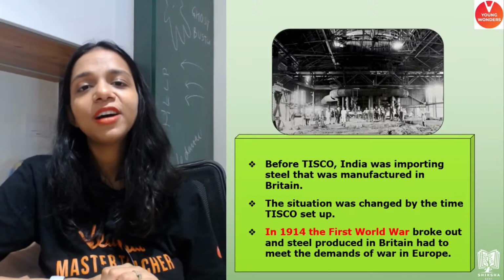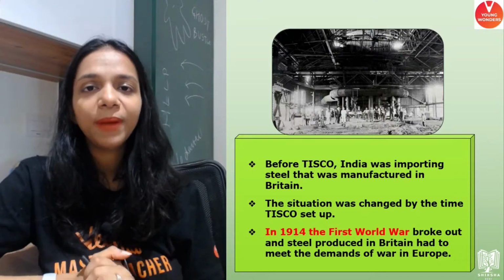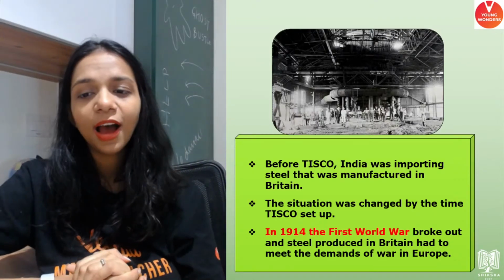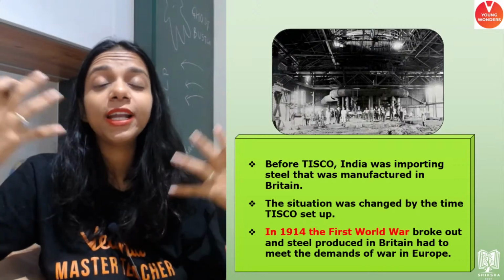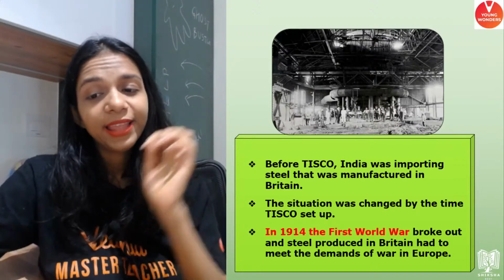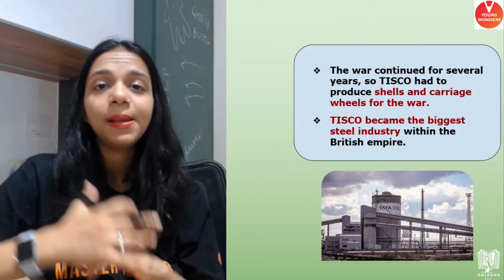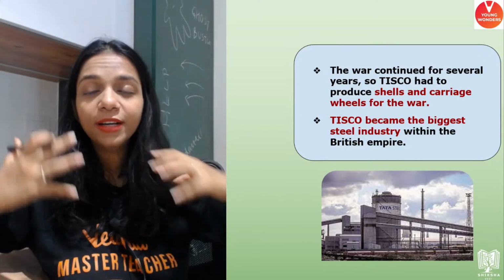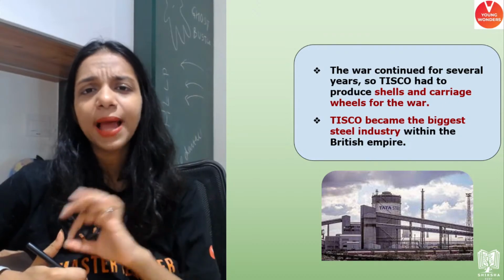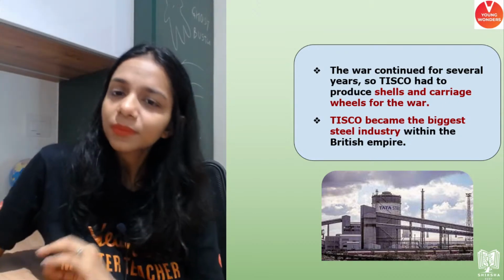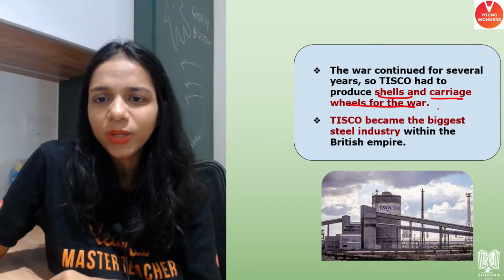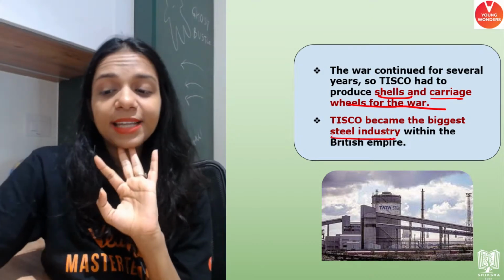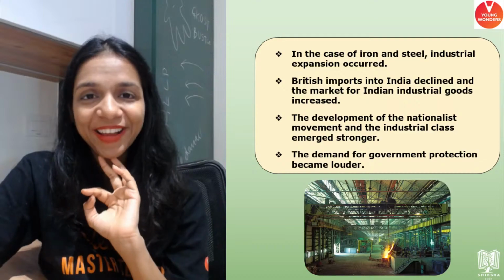However, the First World War came, which was very bad for the world but quite good for our industrialists. The First World War came in 1914, and even Britain wanted industry-produced steel. They went to TISCO and said that we will buy your iron and steel. TISCO in this way grew at a good rate. So TISCO got established at a good time, right? It produced shells and carriage wheels for the war, and it became the biggest steel industry within the British Empire,